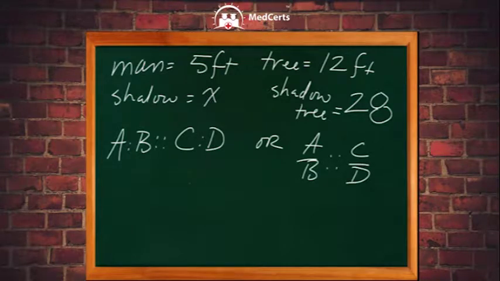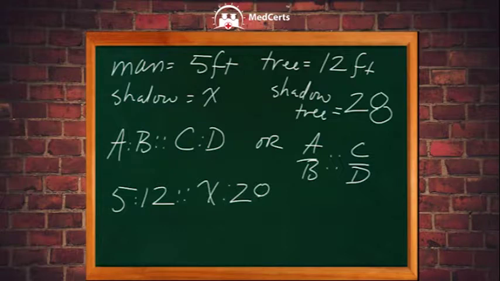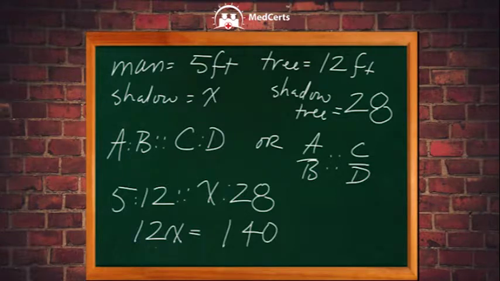So if we go linear, we can say the man is 5 feet in relationship to 12 feet of the tree, which is in proportion to the shadow, which is unknown, times the shadow of the tree. We multiply inners times inners, outers times outers. 12x would give us 140, and then we divide both sides by 12, which would then say that the shadow of the man is